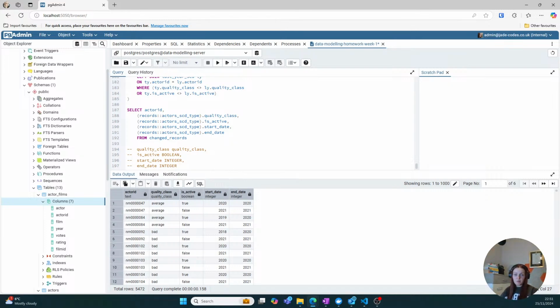And then the last thing to do is just get any new records, so any records that haven't had previous values. So this is now the unnested change records as